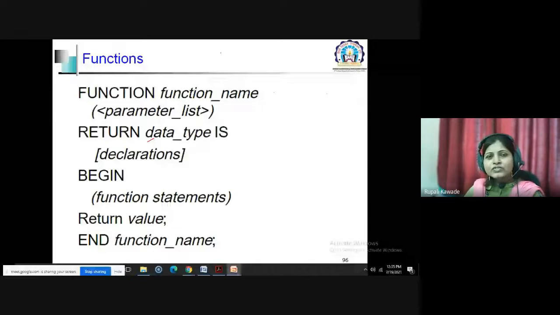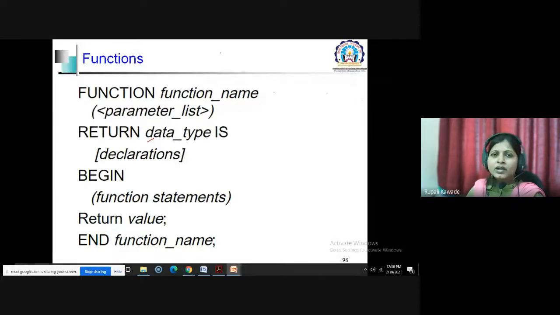In case of VHDL, we write the entity, we write the architecture, and in that we mention the different concurrent and sequential statements. In addition to this, we can also write functions and procedures in our code. So how to write those functions, and what the syntax is, we will see in this part.